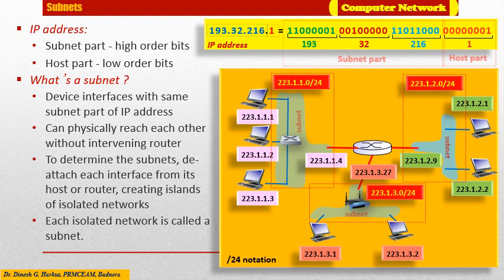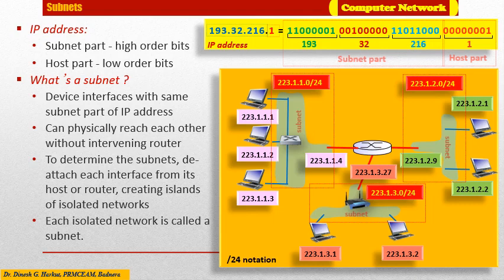IP addressing assigns an address to each subnet, that is subnet 223.1.1.0/24, where the /24 notation, sometimes known as the subnet mask, indicates that the leftmost 24 bits of the 32-bit IP address